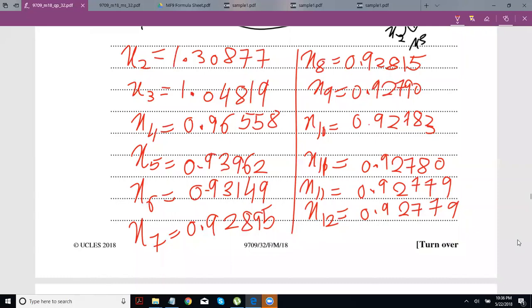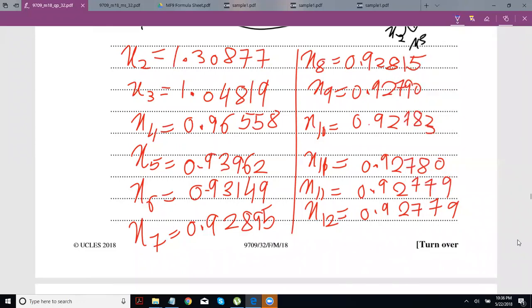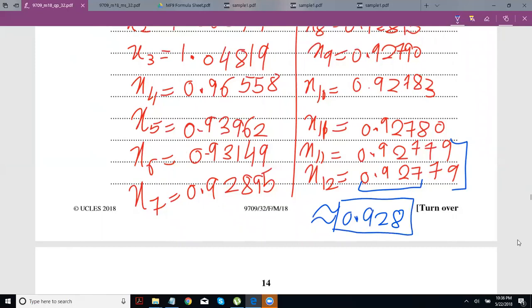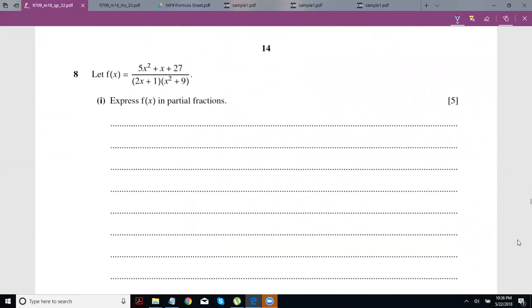That's pretty easy stuff. Now this one was a little painful because it took a lot of iterations. In fact, I think this was the 12th? The 13th? Anyhow, there are a lot of iterations, but the idea here is you continue till you get identical results to the level of decimal places that they signified. Once you get those identical results, you round them off to 3 decimal places because that's what they've told us to do in the question. They said give iterations to 5 decimal places and your final answer to 3. So that's what you do. Okay,